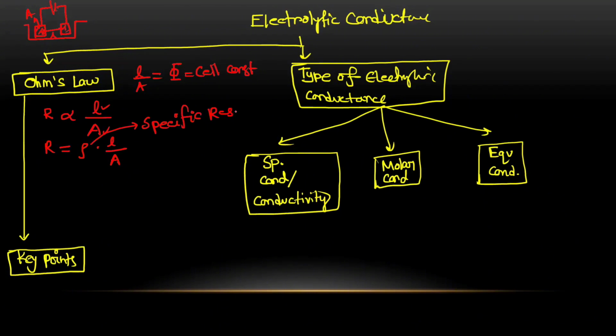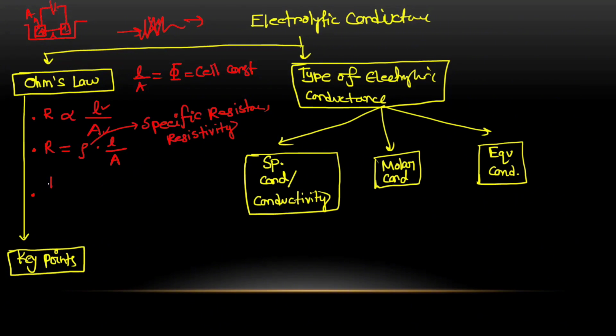It is called specific resistance because this constant comes from the resistance equation. That's why it is called specific resistance or resistivity. Now we are more concerned about conductance. We know the more the resistance, the less the conductance. Think logically. Wherever there is more resistance, conductance will be lower, right? So resistance is basically 1 by